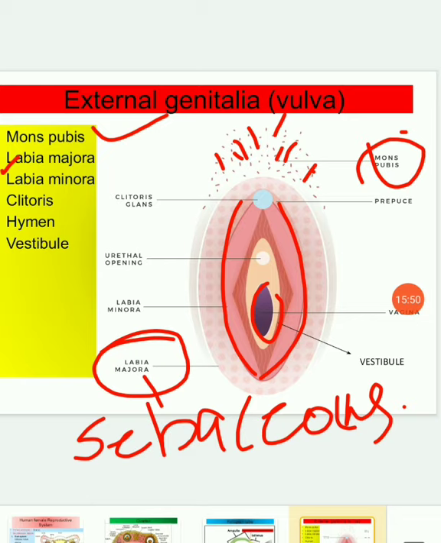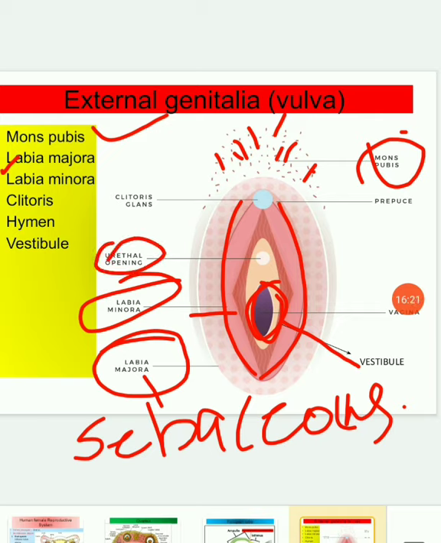Now below the labia majora there is a small folding of tissue that is also present as one pair. The dark pink, can you see? This is the labia minora. It also surrounds the vaginal opening. The labia minora enclose a space which is called the vestibule. In the vestibule there are two openings: one is the urethral opening and the second one is the vaginal opening.